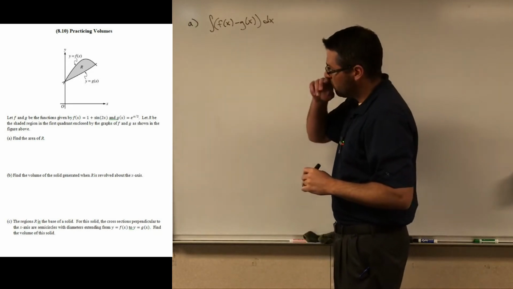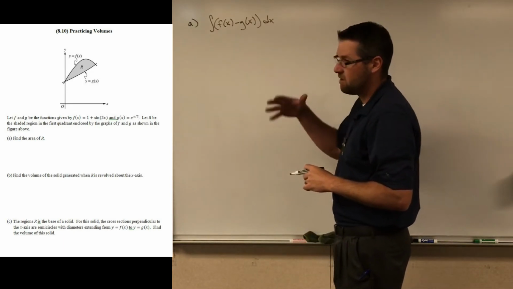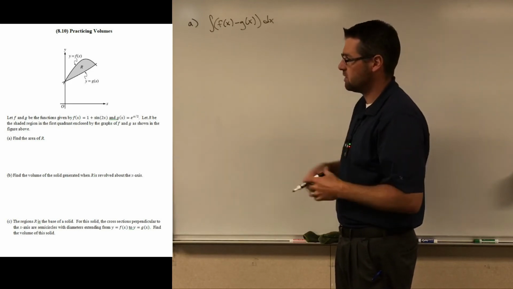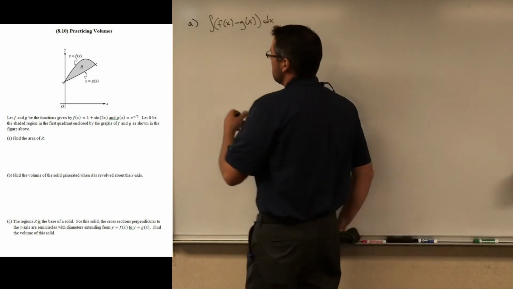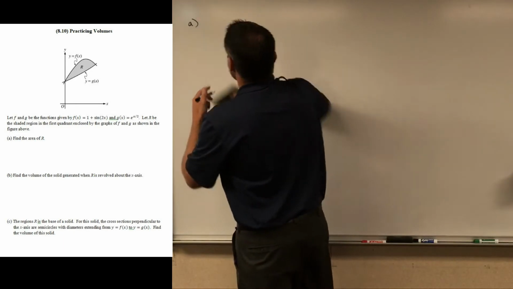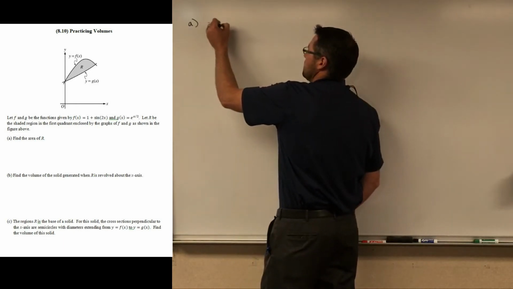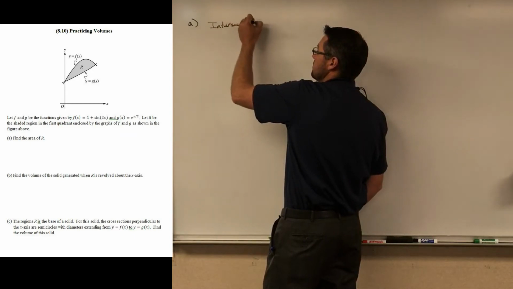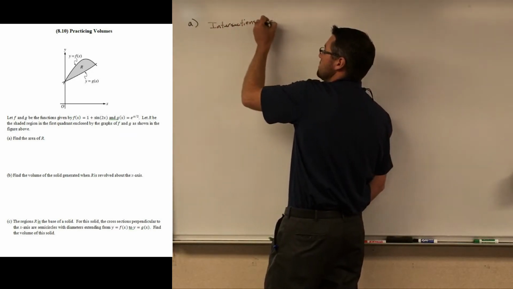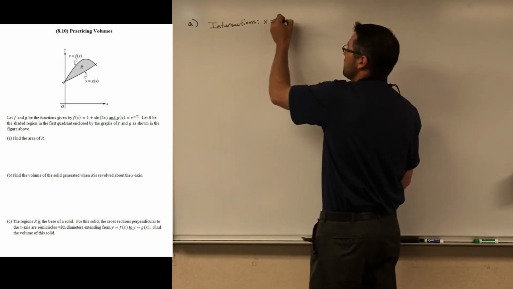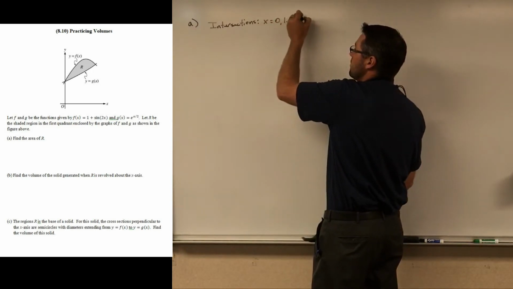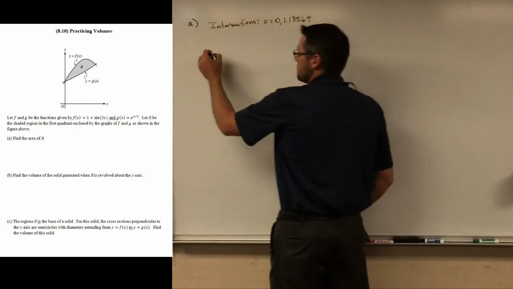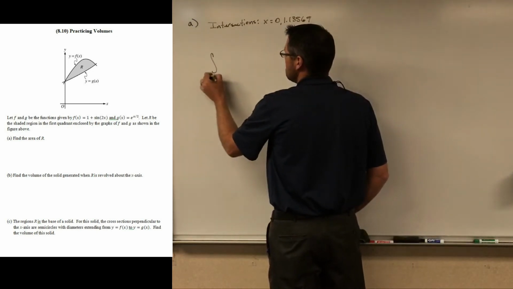We need where they intersect, so we're going to graph it. We're going to set them equal to each other, or find the intersections on our graph. So what do we get there? 1.13569. Intersection when x equals 0 and what? 1.13569. And you want to use all the numbers you can to be more accurate, right? So it's the integral from 0 to